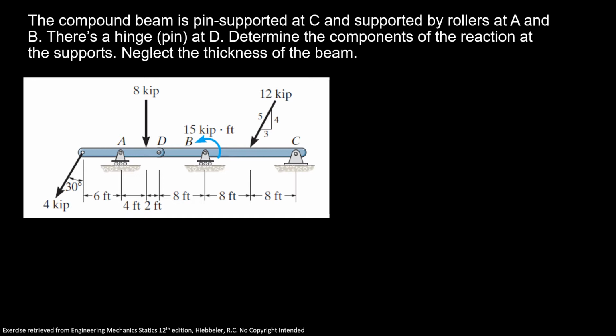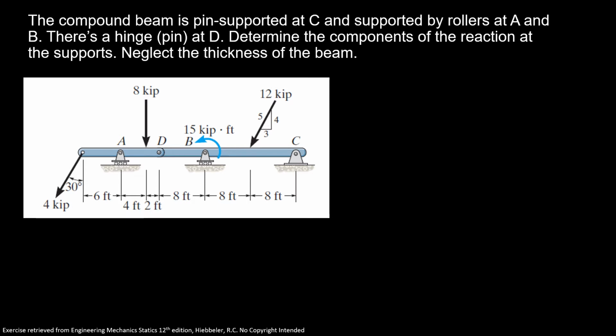The compound beam is being supported at C and supported by rollers at A and B. There is a ring pin at D. Determine the components of the reactions at the supports. Neglect the thickness of the beam. So first,